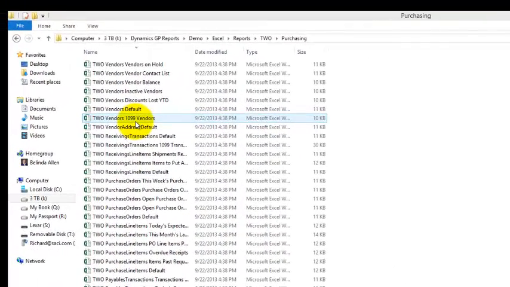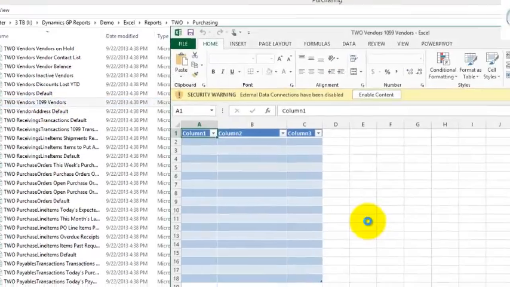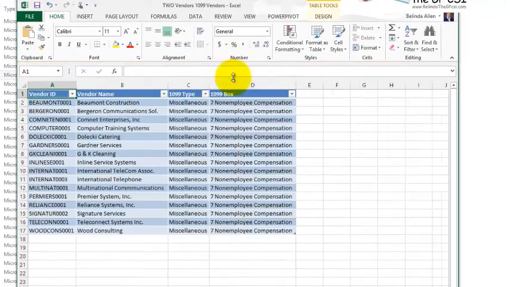For example, I'm going to pull up my 1099 vendor list in payables. And you can see there are only 4 fields that pop up: the vendor ID, the vendor name, 1099 type, and the 1099 box. If I also want to see the tax ID fields in here, just to make sure they're populated, then what